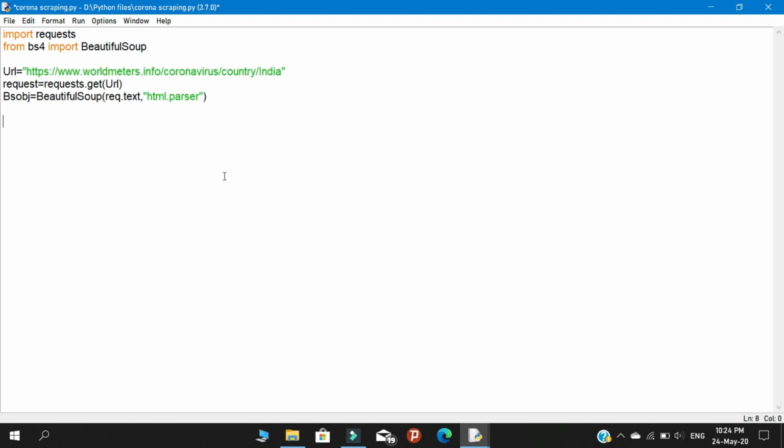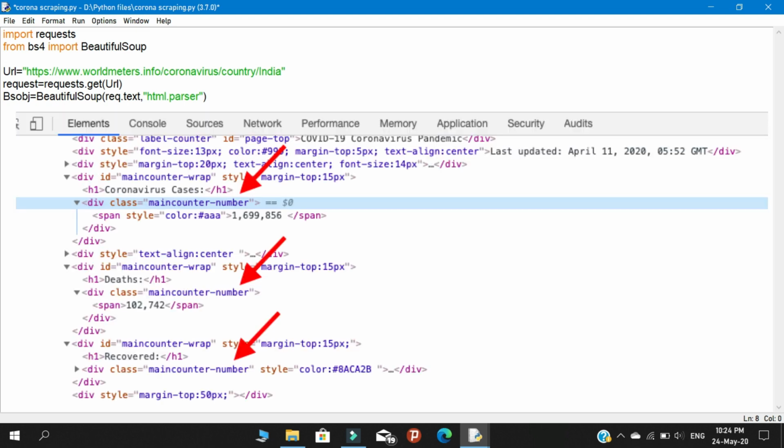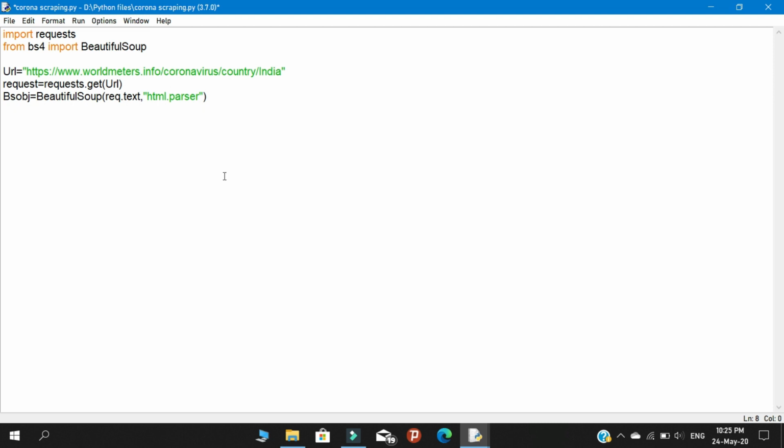After scraping the website, we need three data: the number of cases, the number of deaths and the number of cases recovered. So go to the Worldometer website and inspect the element. Look at this image, it will show you clearly. Here is the main counter number class. This class provides three values: the number of cases, the number of deaths and the number of cases recovered. This class is under the div tag. So let's create a variable called data equal to